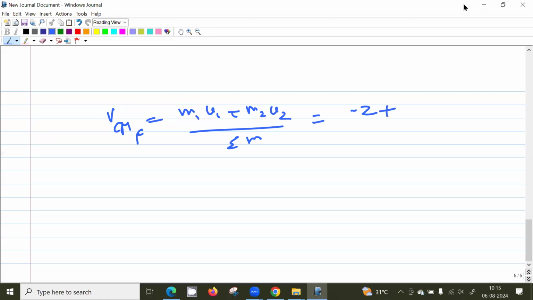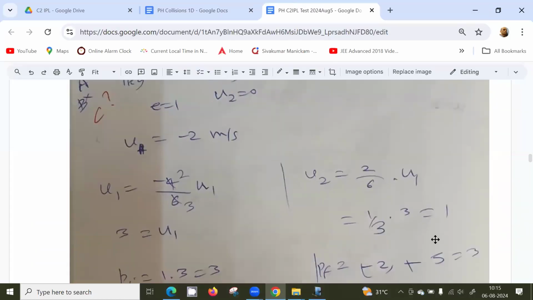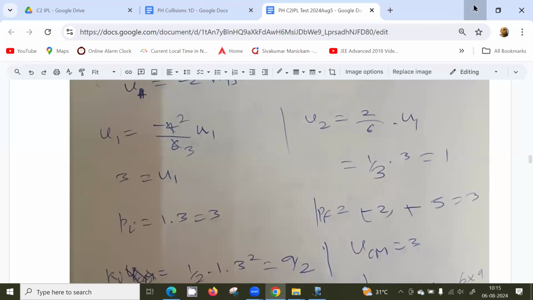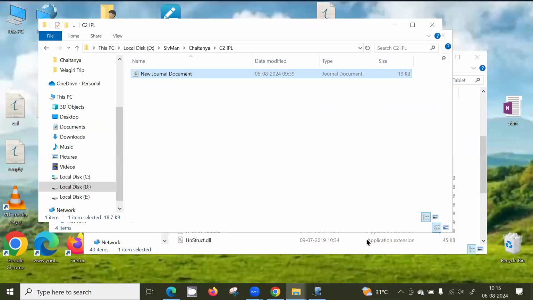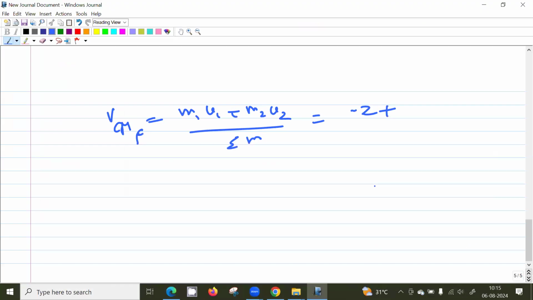Plus the second mass is 5, and the velocity of the second mass after collision is 1. So it's plus 5. Momentum is plus 5. Where the total mass is 6, right? So it is 3 by 6. That is half. So center of mass is